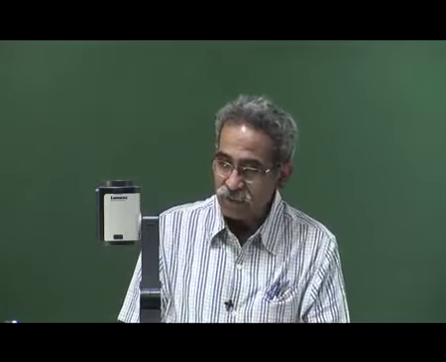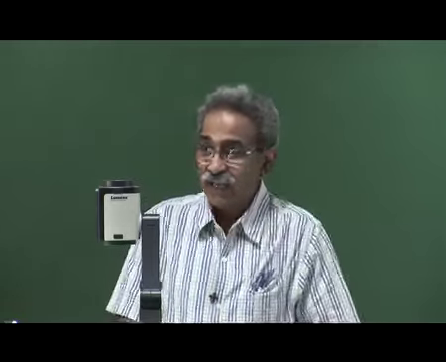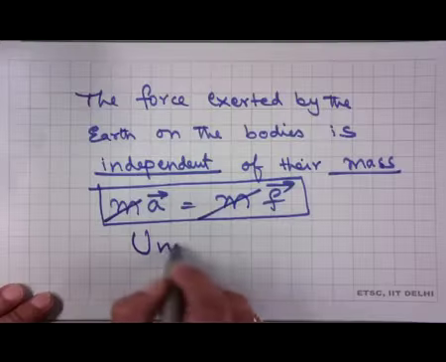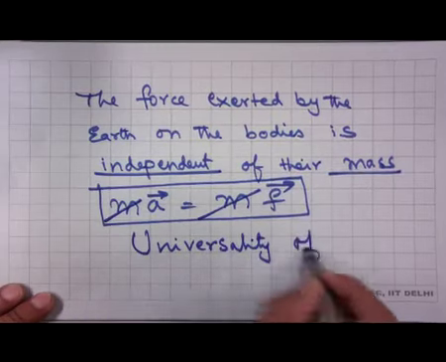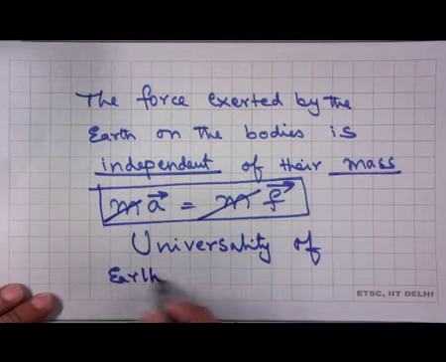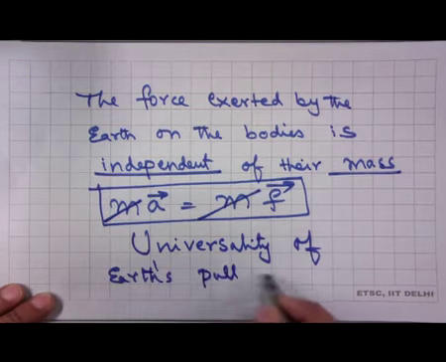Number two, we can say that a particle may have a charge, it may not have a charge. A particle may have a magnetic moment, it may not have a magnetic moment. But at least in Newtonian physics, you cannot think of a body without mass. In fact, a body is characterized by its mass. Without mass, nothing is going to happen. That means the earth, our mother earth, is going to act on everybody because everybody has mass. So, there is a universality of earth's pull on the bodies.